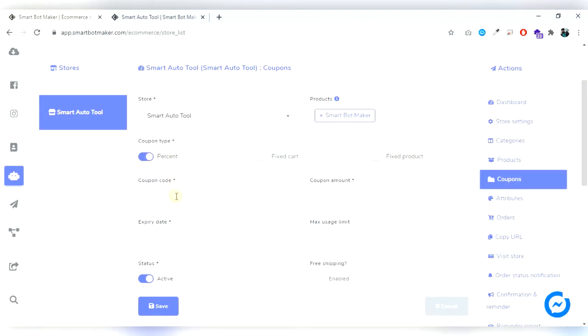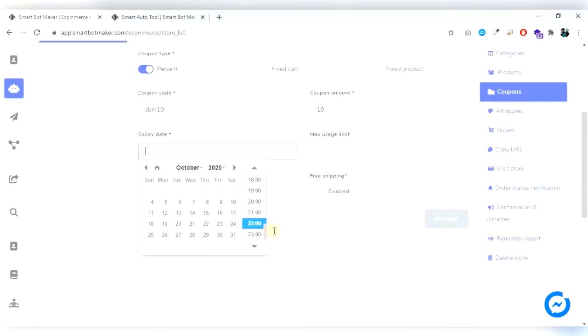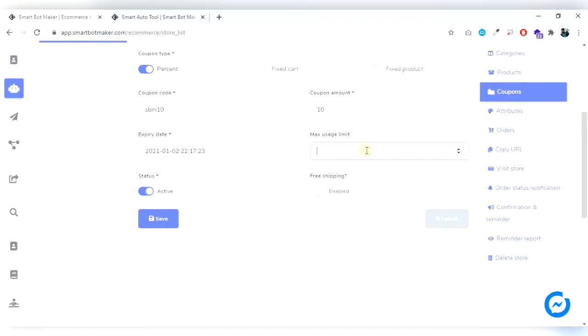I turn on the percentage, coupon code 10, coupon amount 10, expiry date, max users limit, status active, free shipping, enable or not.